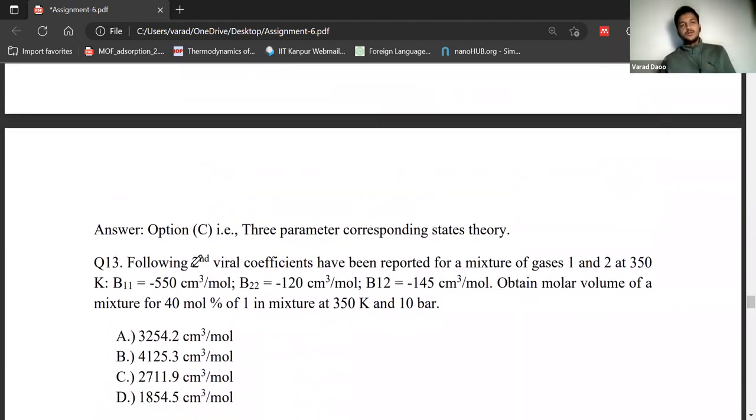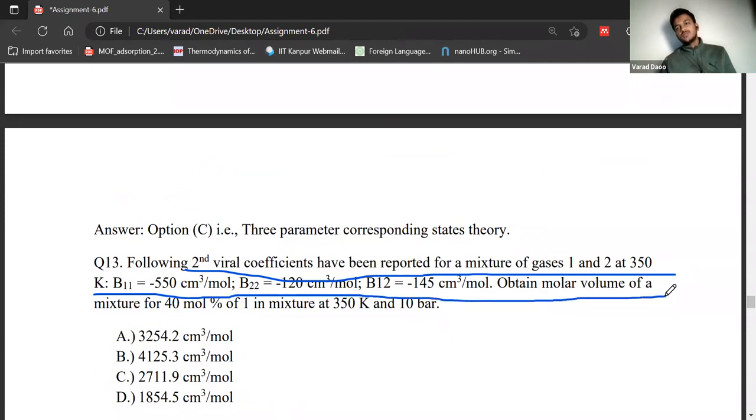The next question is, the following second virial coefficients have been reported for a mixture of gases 1 and 2. So it's a binary mixture at a temperature of 350 Kelvin. So B11 has been given as this, B22 has been given as this, B12 has been given as this. And what we are asked to find is the molar volume of a mixture for a